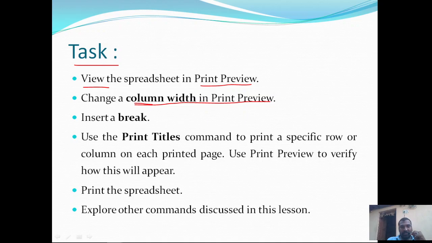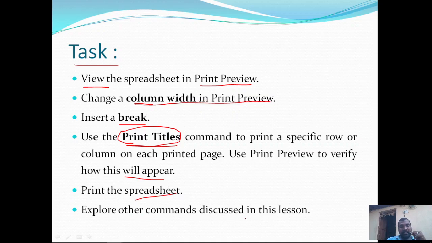Insert a page break in the document you want to print. Use the print titles command to print specific rows or columns on each printed page. Use print preview to verify how these print titles are going to appear on each and every page. Then print the spreadsheet.